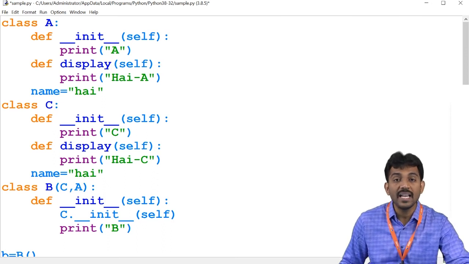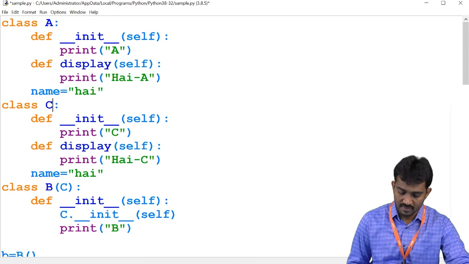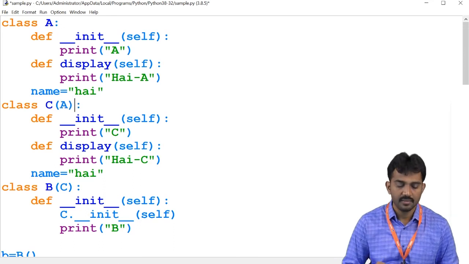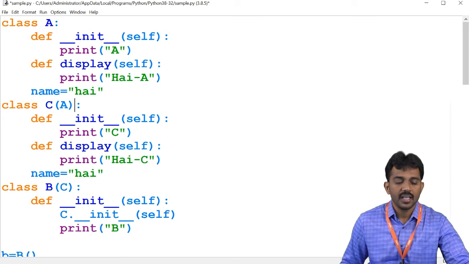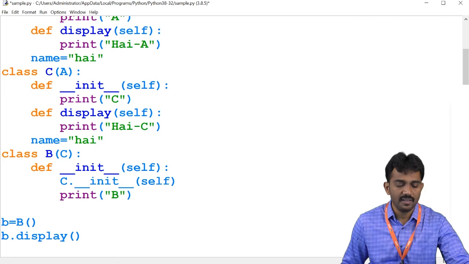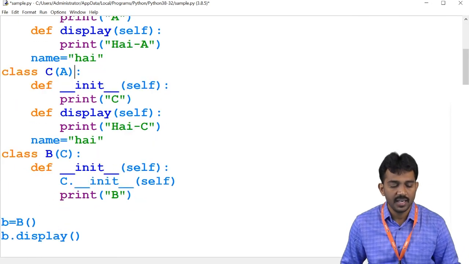Now we'll see multi-level inheritance. See, the same thing. So A to C, C to B. This is the multi-level inheritance.